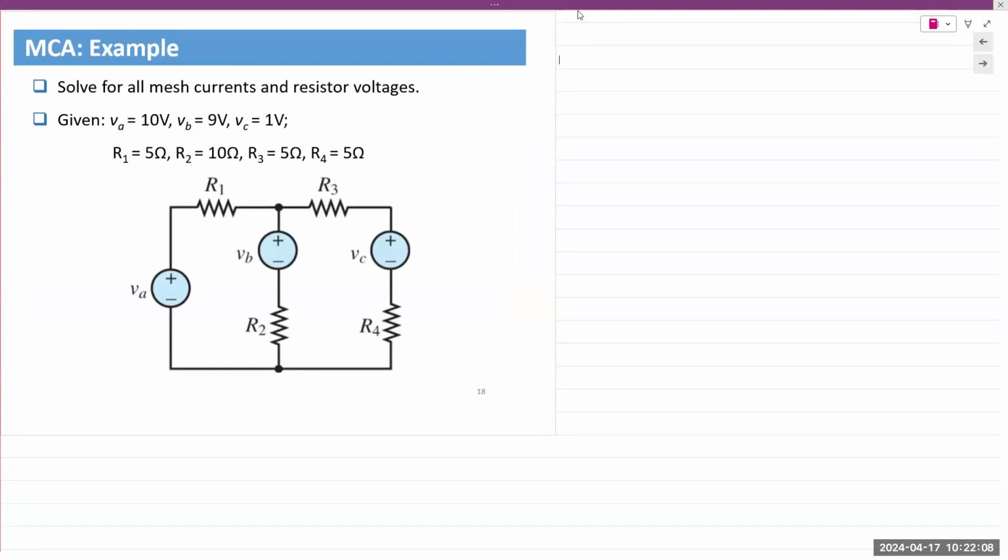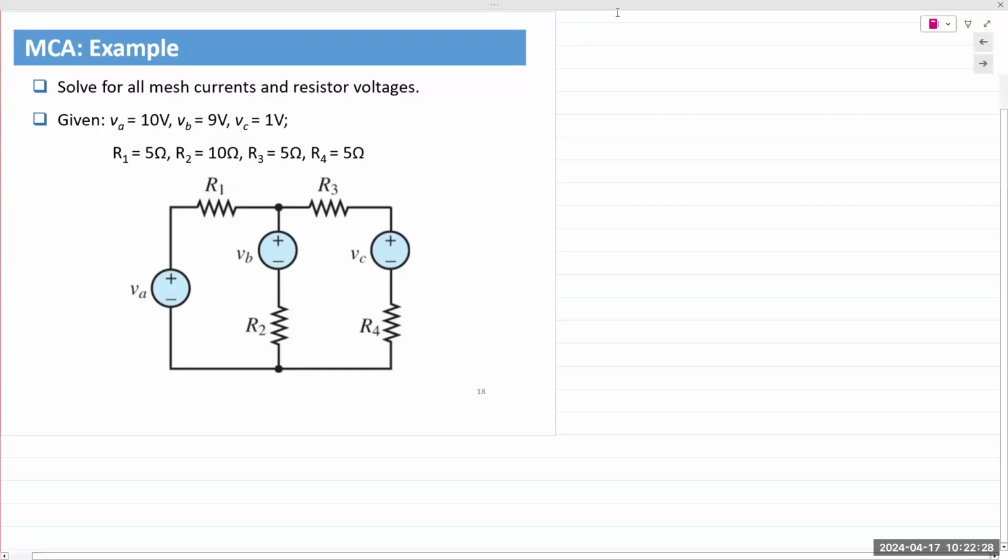How many meshes do we see? 2. Meshes are easy to identify. A closed pathway that doesn't have any other pathway inside it. So there are how many electrical loops? 3. So 3 electrical loops. Some circuits are trickier, as we saw with the example, right? There were like 7 or 8 electrical loops in the previous example. But in this case, 3 electrical loops, but only 2 meshes. Doesn't contain any other mesh inside it. So 2 meshes,